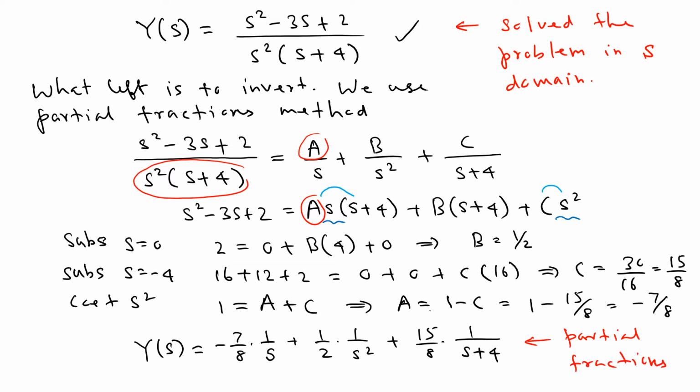So we found that. Now what we're going to do is invert, because we know the inverse of all these terms. The inverse of that is 1. This is just t. This is the exponential function. So we're going to invert and get the solution. Let's do that. That's the last step. After that, by taking the inverse Laplace transform,